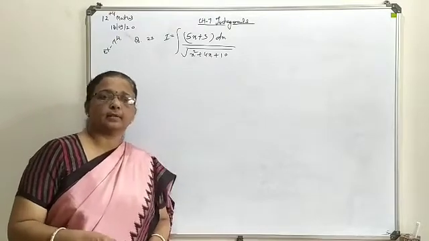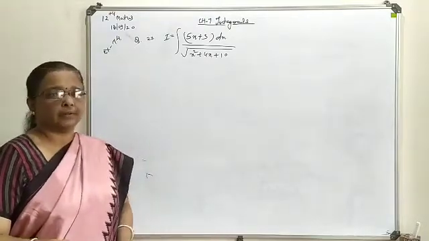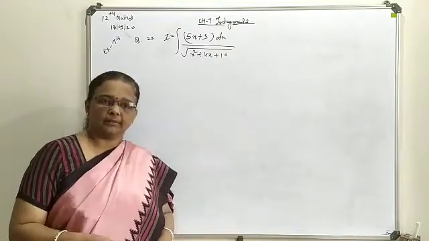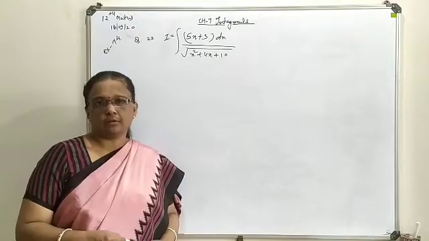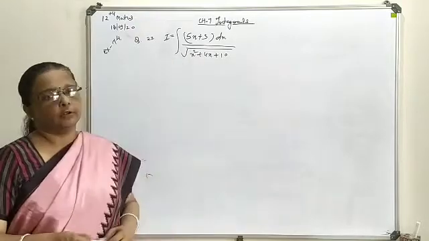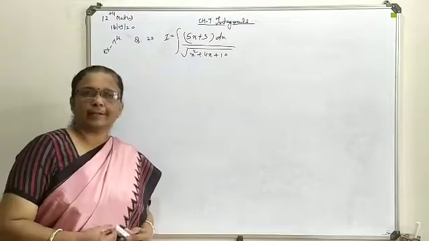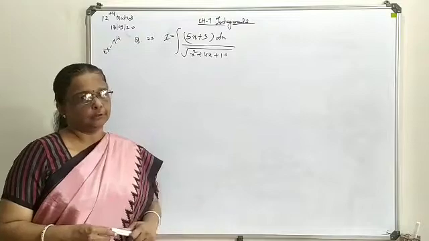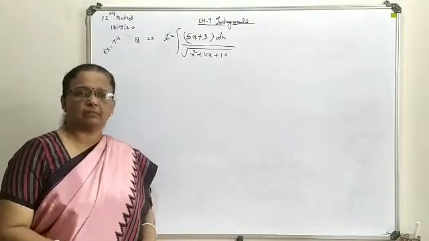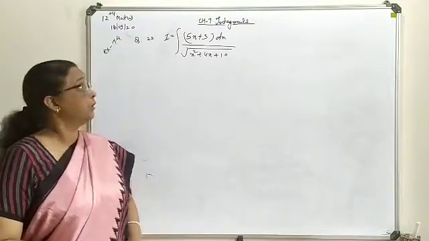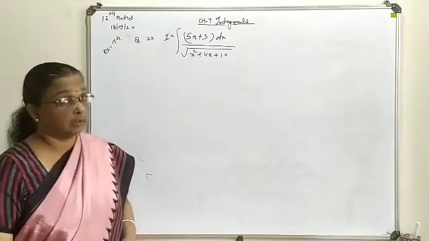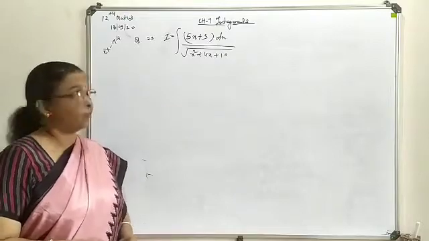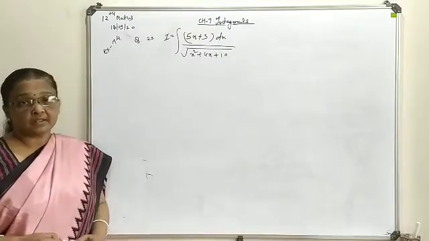Hello student, in the last class I introduced one method in which the denominator was assumed as t, and a derivation was generated in the numerator form. In some questions, it is possible to directly generate the numerator as a derived form of the denominator term inside the square root, or even without the square root. Today we are going to discuss one question in which direct formation of the derived form as per the available denominator term is not possible.